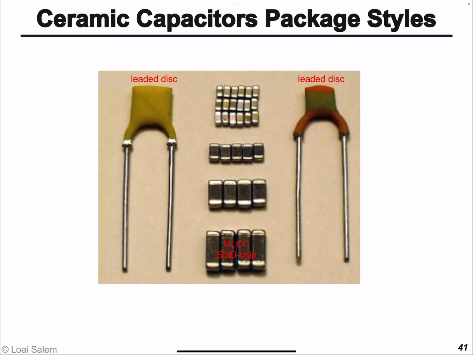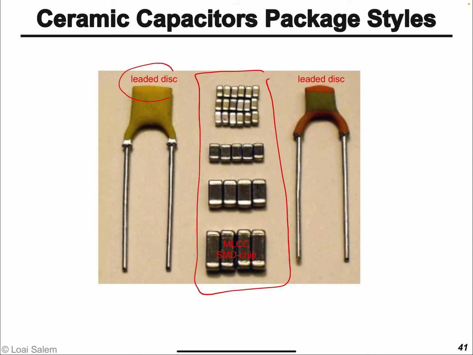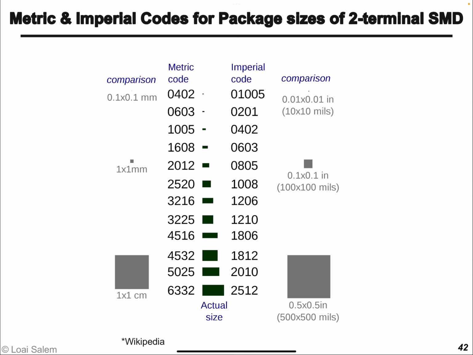So this is how multi-layer ceramic capacitors look. It looks like a surface mount component basically, and there's also a leaded version of this multi-layer ceramic capacitor. If we look at the surface mount, you will find there is a standard for it. For example, usually DigiKey uses the imperial code. If we have 0402 capacitors, this means essentially this capacitor's footprint